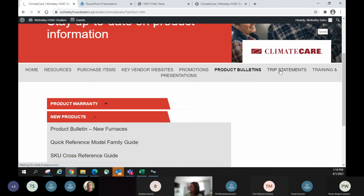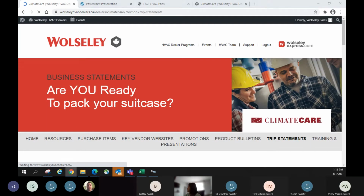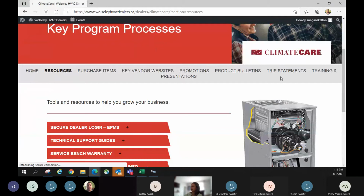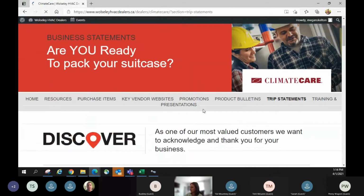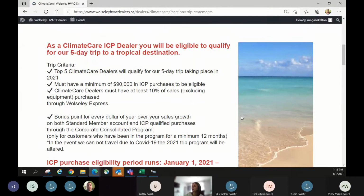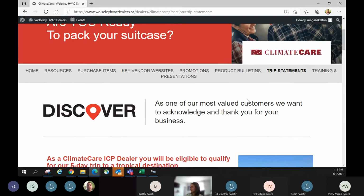All right, moving along here. So I'm actually going to pull up a different portal, just a customer view, just so you guys can see the trip statements in full. So you'll see me send an email every month indicating that they've been loaded. This is where you go to check. So under the trip statement section,